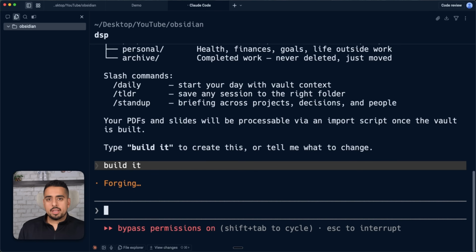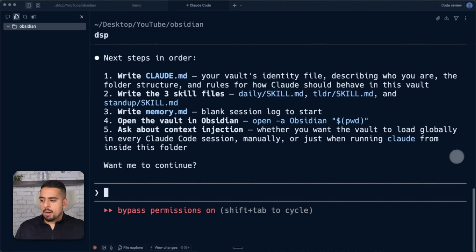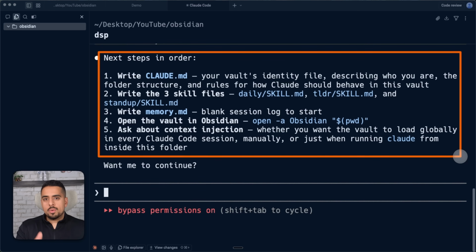Obviously, it's a lot more helpful to have the CLI and the skills, because then you can actually give it the hands and the eyes it needs to go and execute this. Now, in my case, I don't want to overwrite my Obsidian, so I asked it what it would do next in order, so you know exactly how it works in case you want to configure what it does. So the core things I want you to look at here is number 2, which is writing the skill files so that you can leverage them, writing some form of memory, opening the vault on your computer,